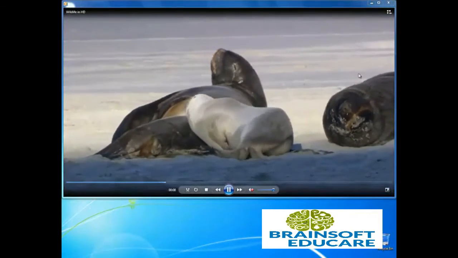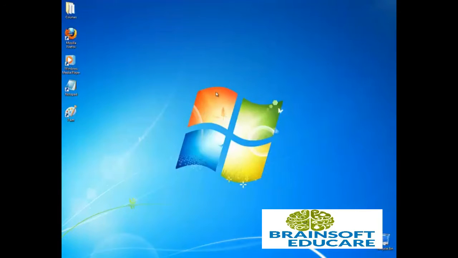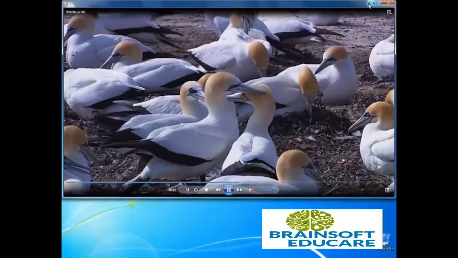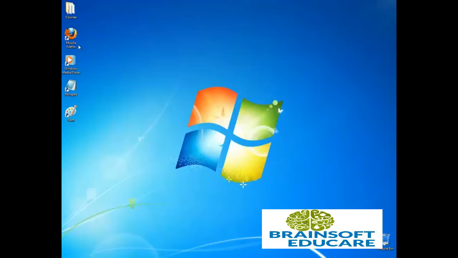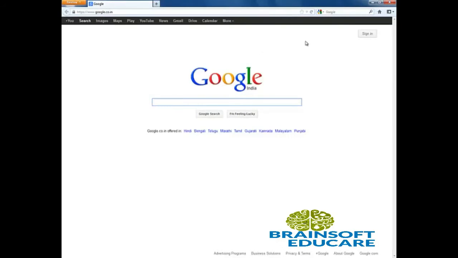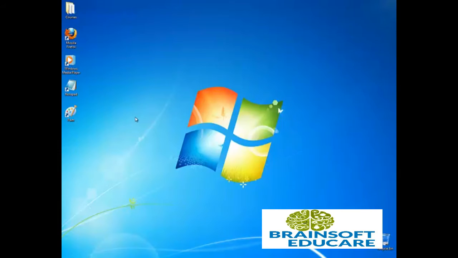Let's say I want to minimize that and open up another program. I simply minimize this one and open up Mozilla Firefox. Now it will open up Mozilla Firefox and I can surf the internet. Let's say I want to go to google.com. It's there. So we are watching a video, surfing the internet, and let's say now I want to open up